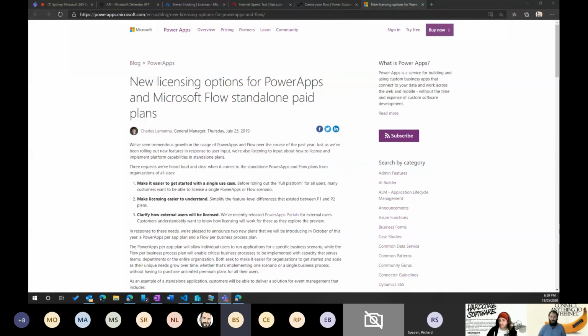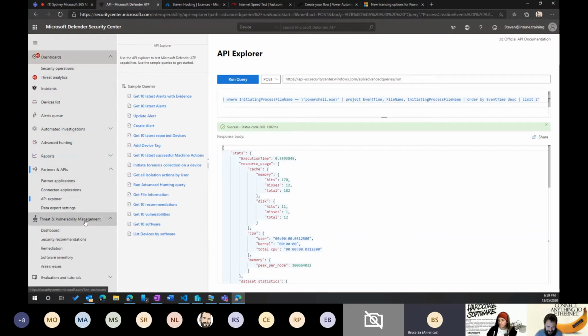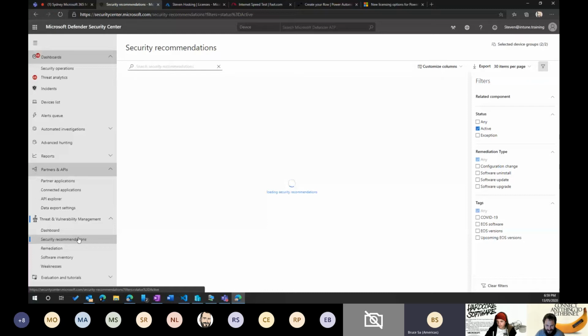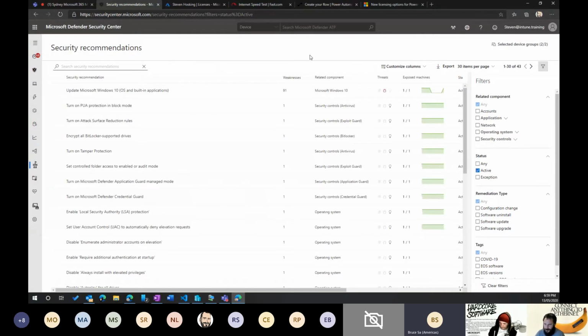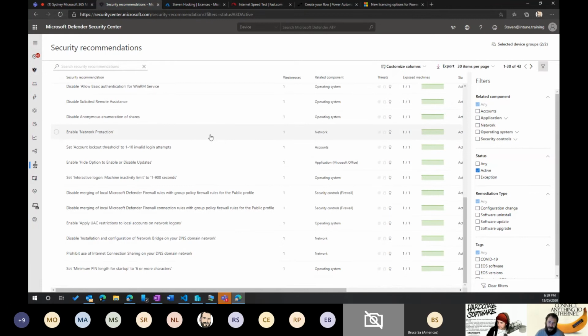Hey, Steve, Bruce. Have you shown anyone the security recommendations? Since you introduced me to it, it's one of the best things. It's a hidden gem in there. I showed it per computer, but this is the whole per tenant view. This environment doesn't have any third-party apps, but if we had something like Acrobat Reader installed, any of those technologies, it would pop up here